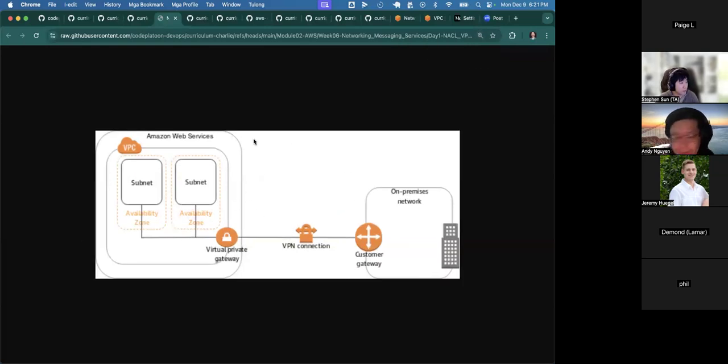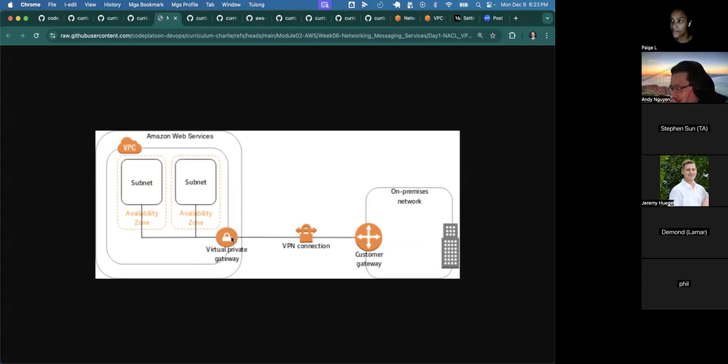So one common use case, right? If we have both on-prem and cloud services, a VPN connection can be the pipeline between that customer gateway and the network behind the virtual private gateway. These are additional resources that we'll be setting up: a virtual private gateway, which basically acts as the door into this private network, and the customer gateway, which is a representation of the entry point